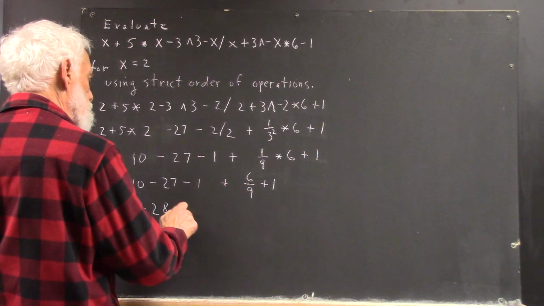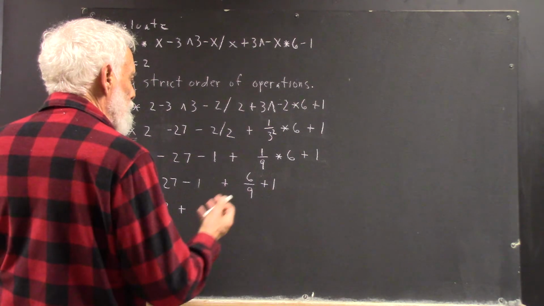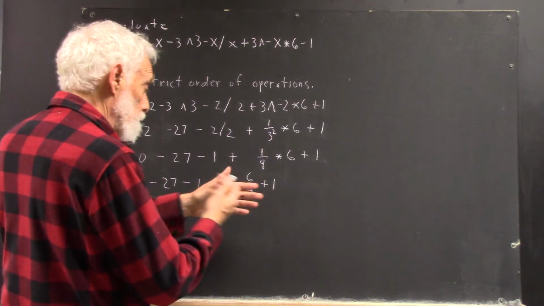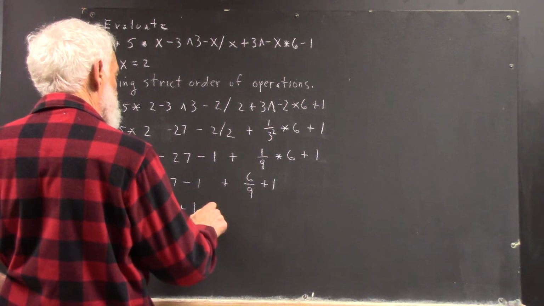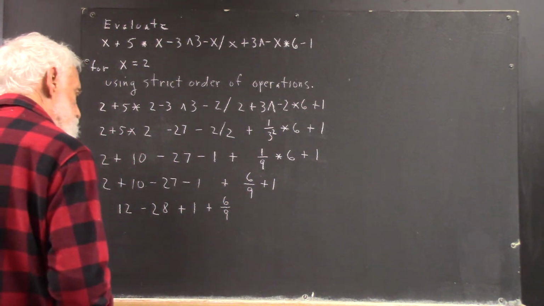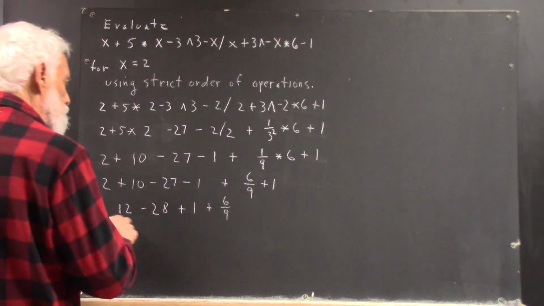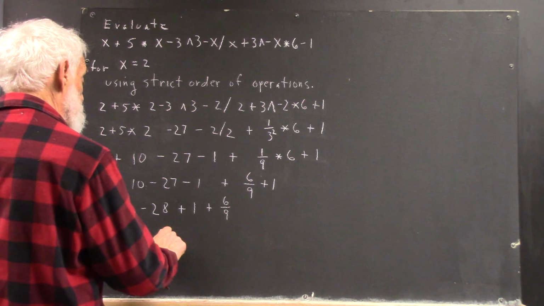And then we have plus the 6/9 plus 1. Now, I'm actually going to use the commutativity of addition to write that as 1 plus 6/9. And now I can do 12 minus 28, which is negative 16, add 1, which gives me negative 15,